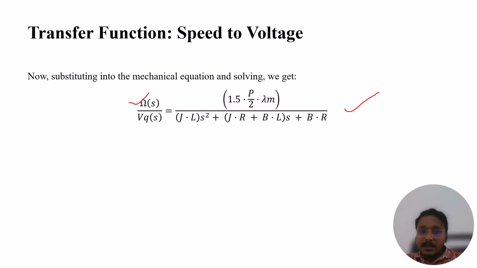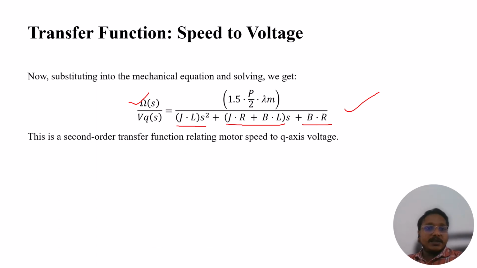If you see here, this is the second order system, right? Just remember that this is a second order system. Whatever it is, it is a second order transfer function relating the motor speed to the q axis voltage, because here we are considering only the q axis voltage, not the d axis voltage. I'm considering only the q axis voltage. So that's why I need to consider that one itself. So the next one is